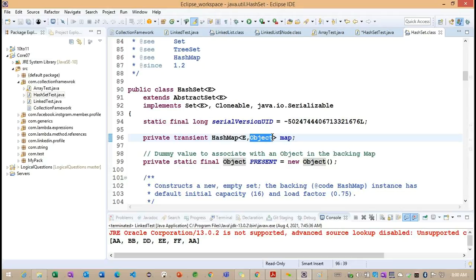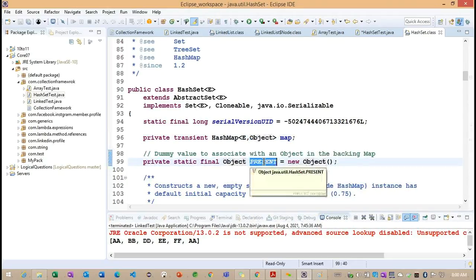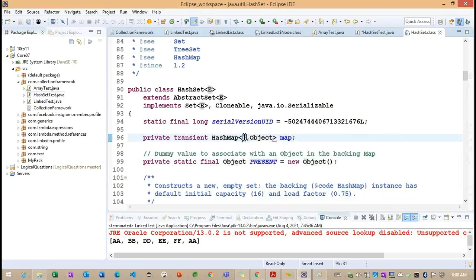For this value, every time we pass this PRESENT. Don't get confused by this parameter: it expects E as the key and this object as the value. The value we are passing is PRESENT, but now we need to focus on the key. How exactly is E going to work? Mostly we have to focus on the E.